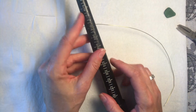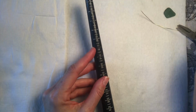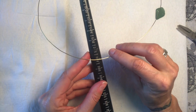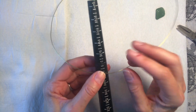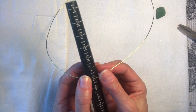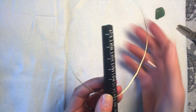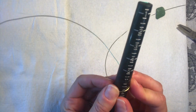So my ring size is a 6. So whatever ring size you're working with, you want to start one size higher on the mandrel. So I'm a 6, we're starting at a 7, and I get right in the center of the wire. It does not have to be perfect, of course. So all I'm doing at this point is I'm just starting to wrap